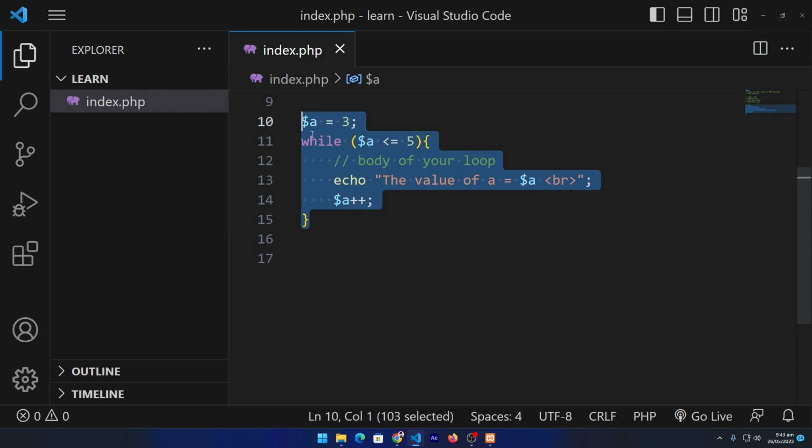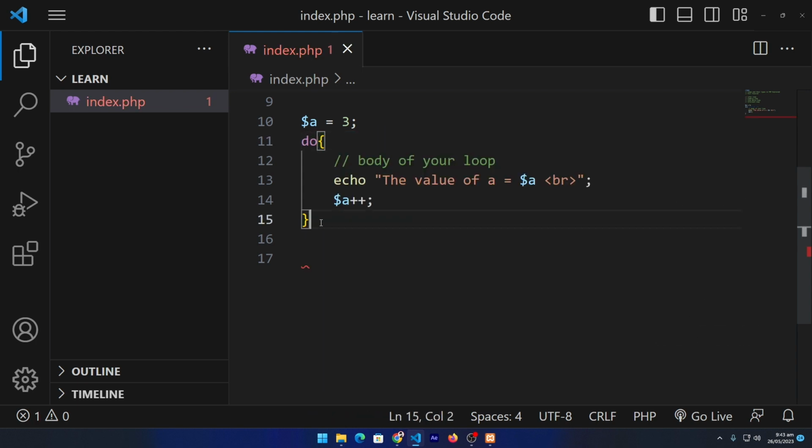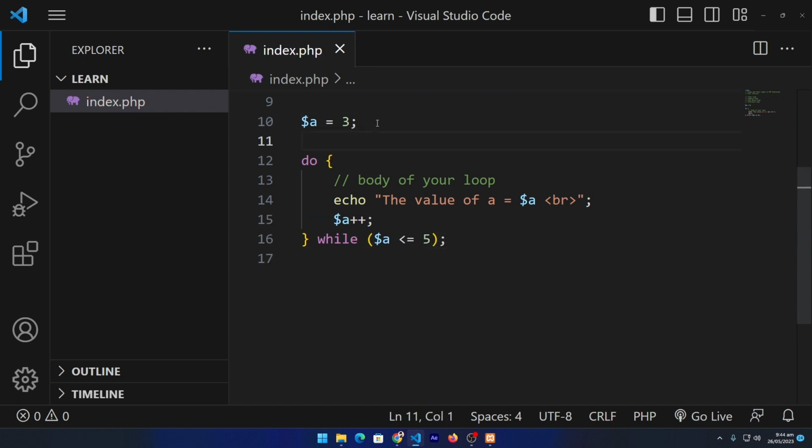So next we have a do while loop. What I need to do here is cut this and type here do, and paste my while at this position and press semicolon here. So basically this is our do while loop, and if I type the value of a is 10 and run my program,